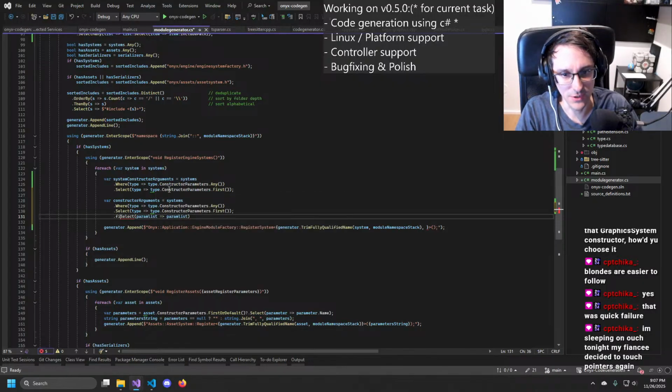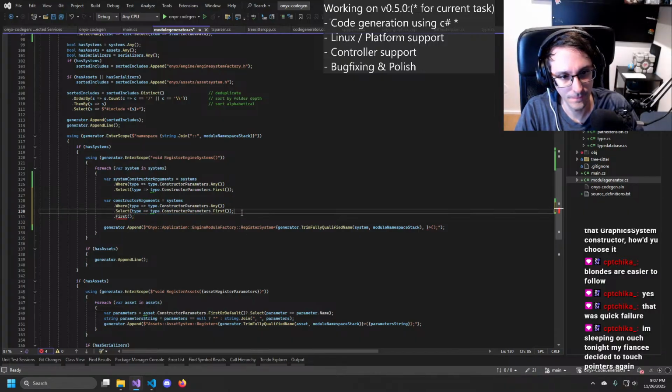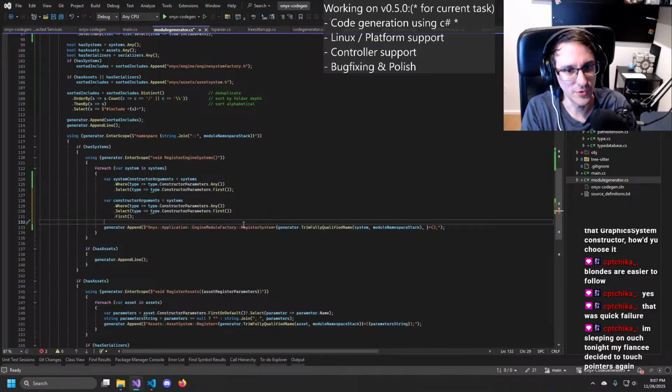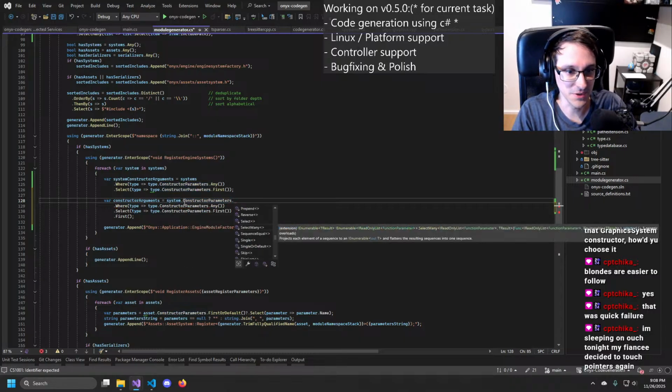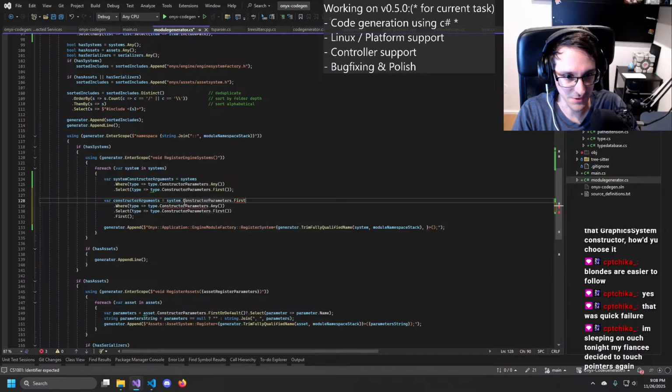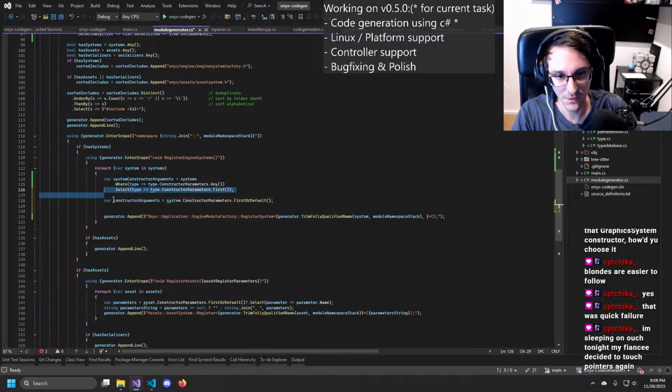Okay, that one I don't really understand. For each system we take... Oh wait, I'm stupid. That's why. Then those constructor parameters we take the first or default. Let's do that.